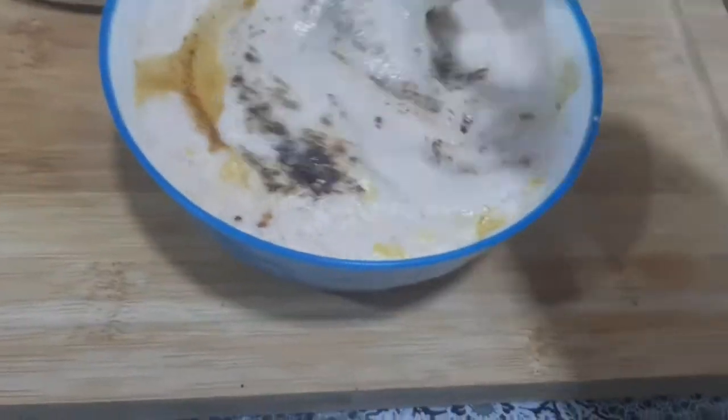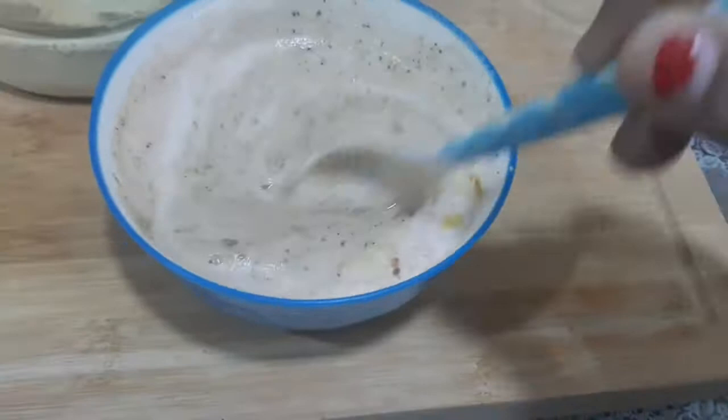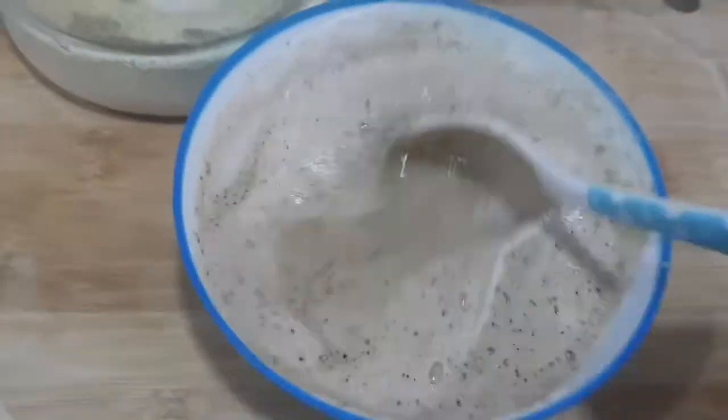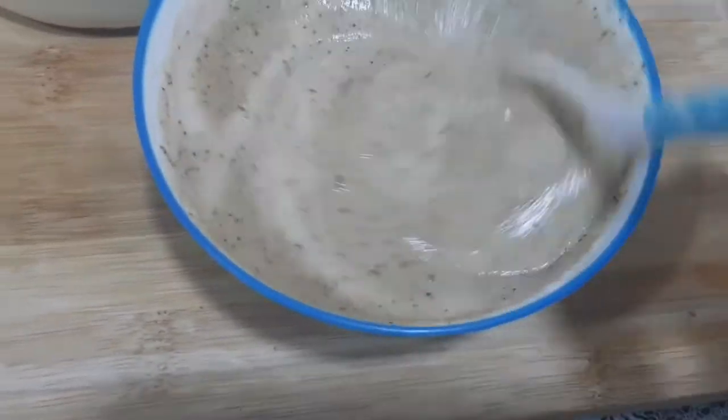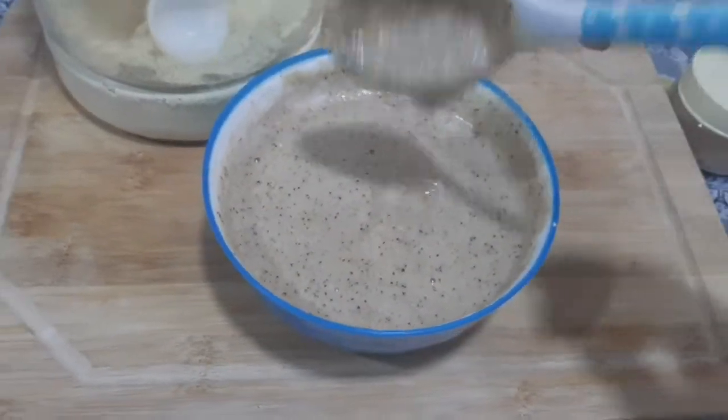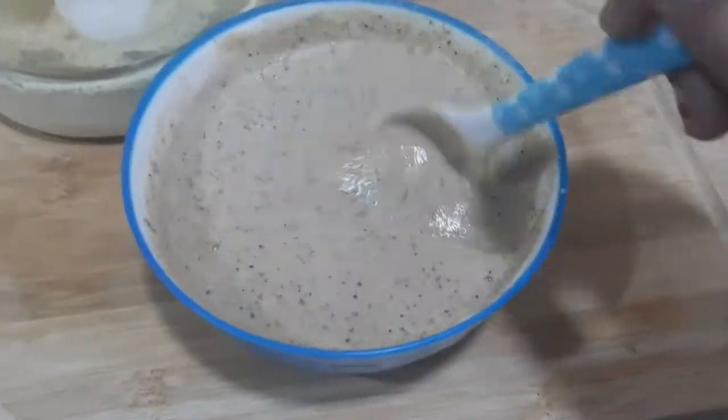Now add 1 spoon of coffee powder. Okay, mix all the ingredients well like so, until it turns into a thick paste. Now the paste is ready for applying, and clean your face with rose water